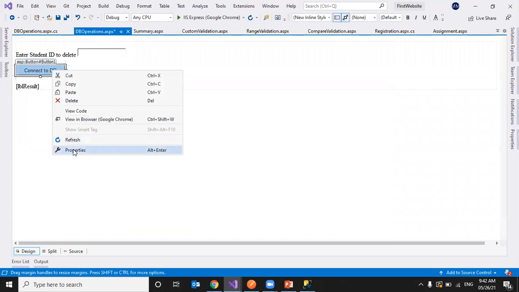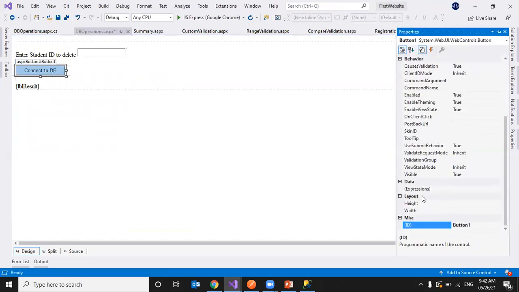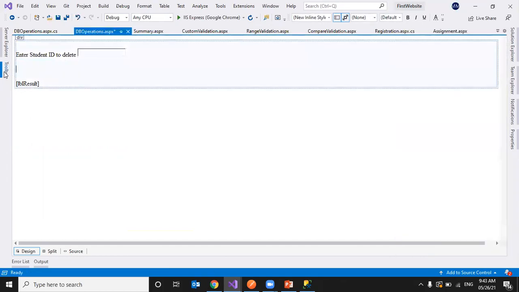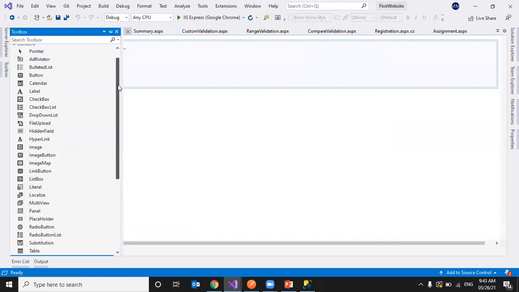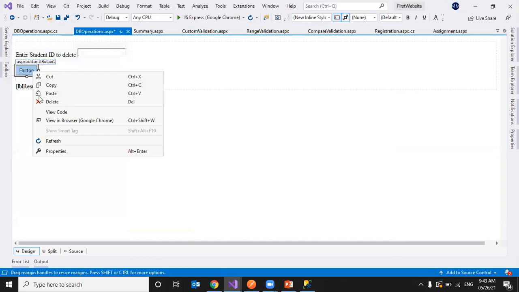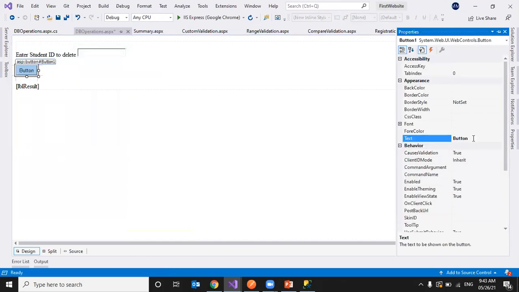Now I'll change this button, or else I'll do one thing. I'll remove this button and place another button. I'll rename it as Delete Student.